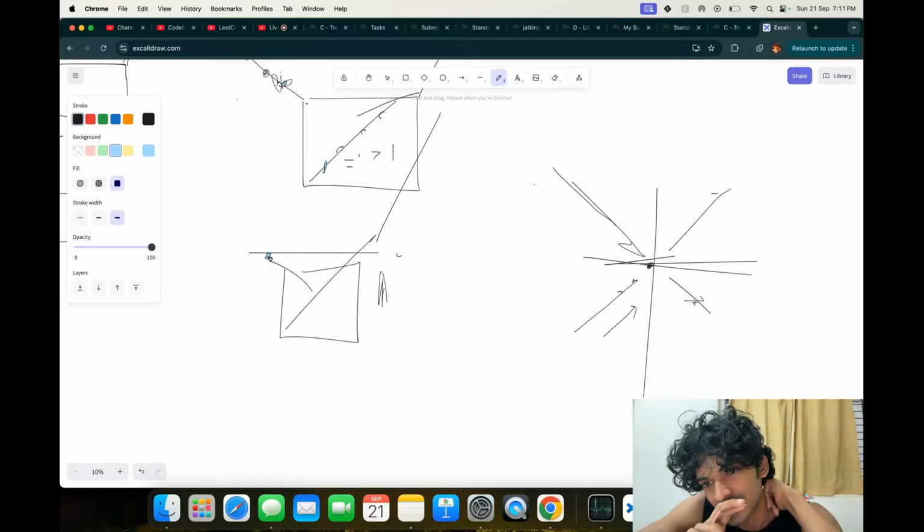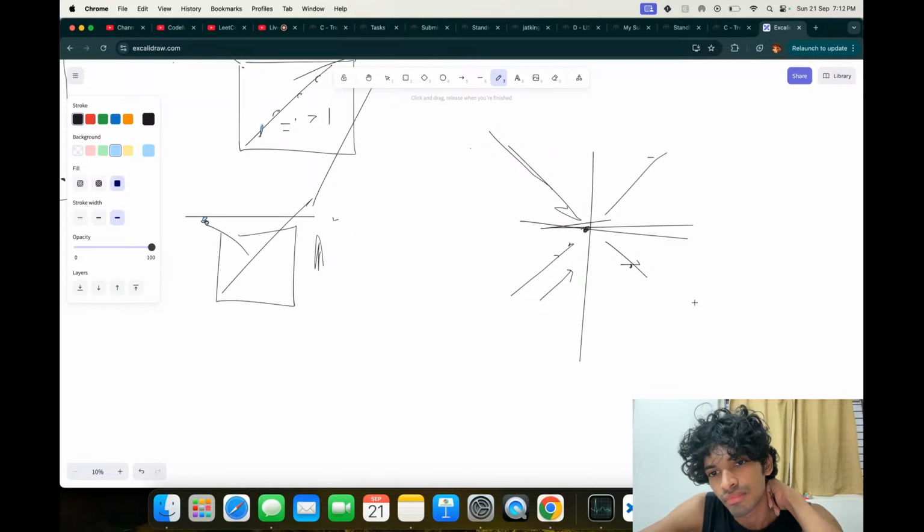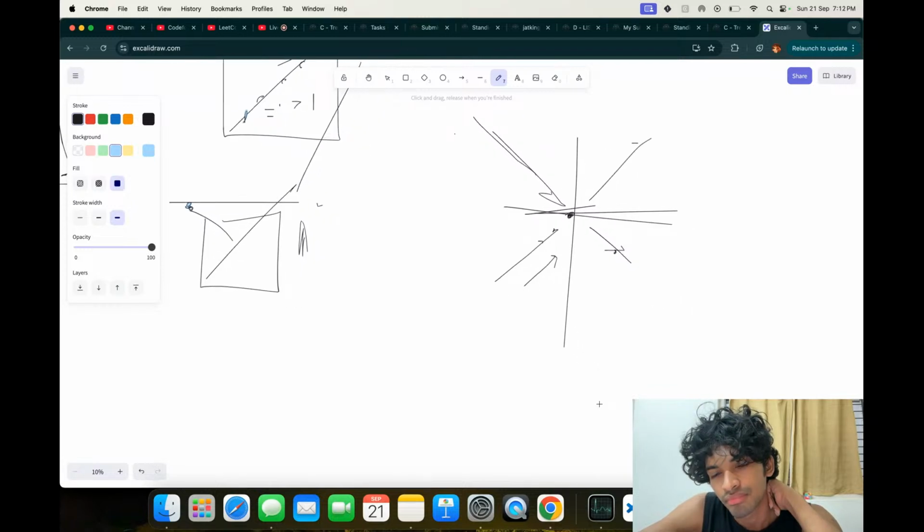K equals 1 is what you need, right? Can you do this for k equals 1? Just this and then increasing from here. Now you cannot do that.